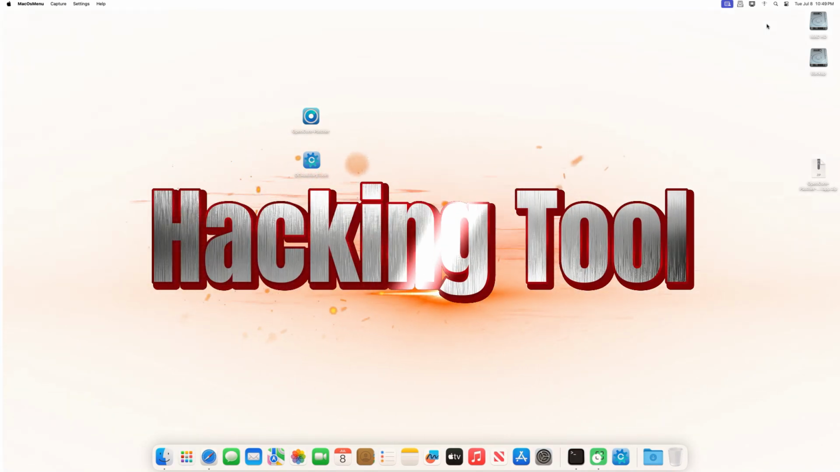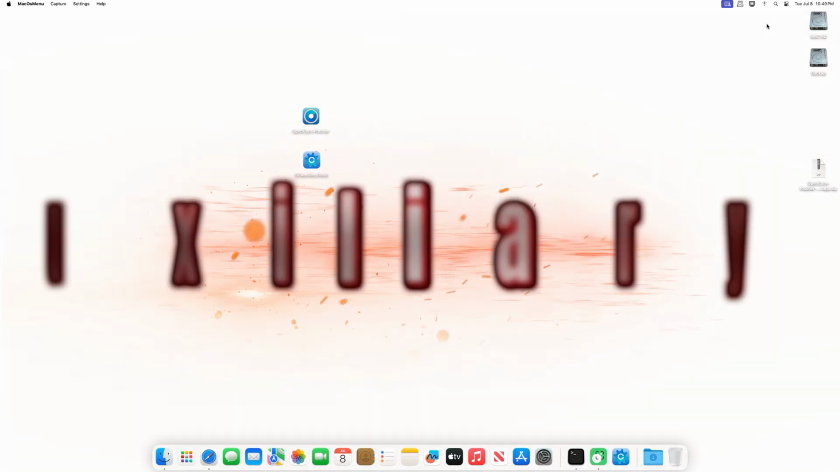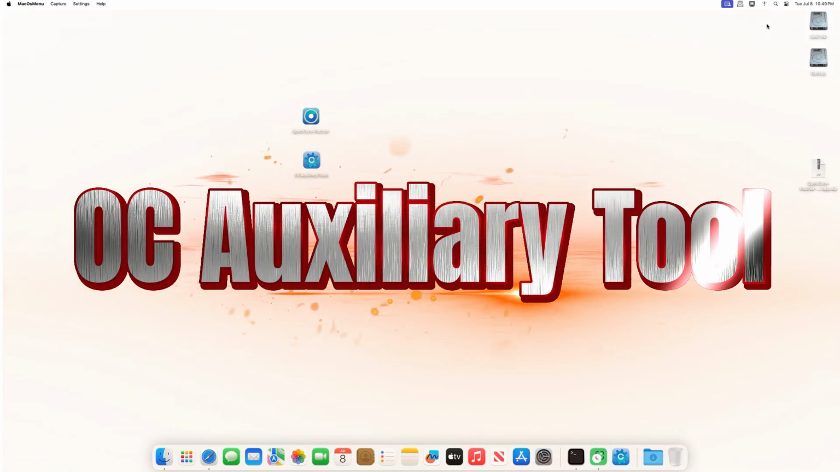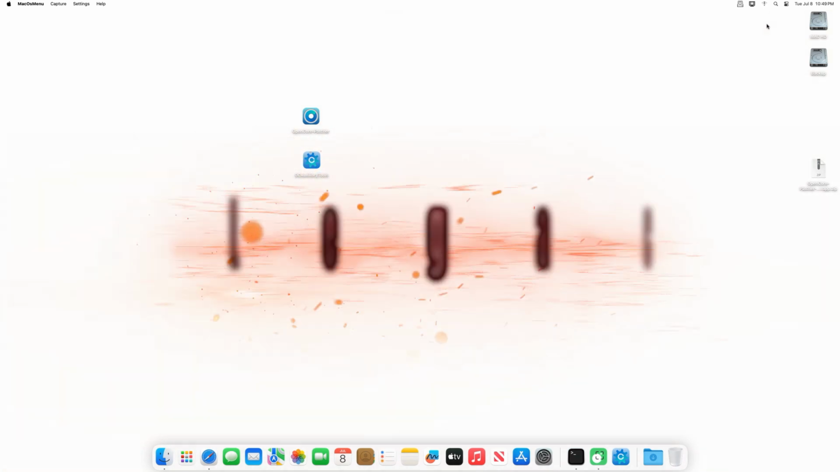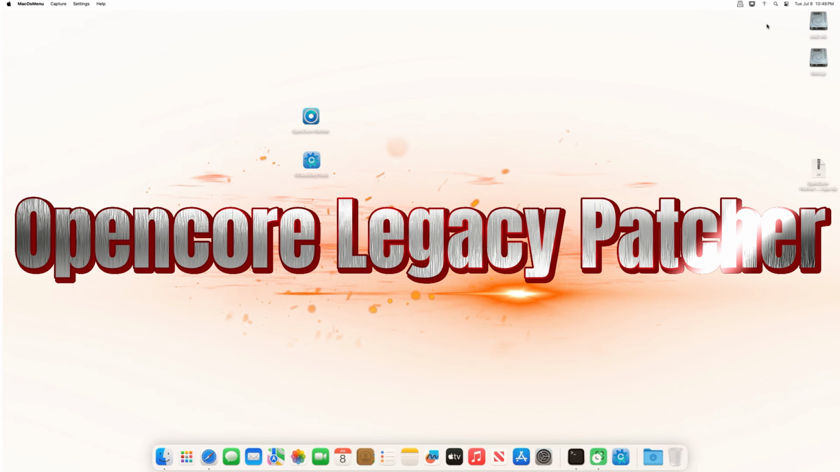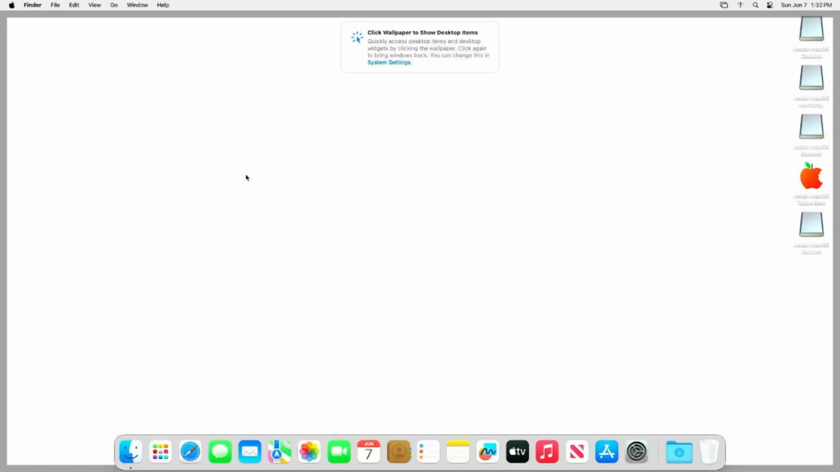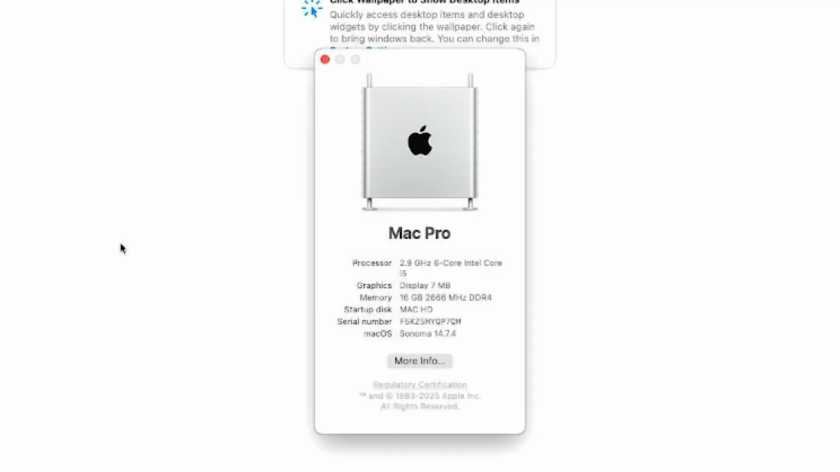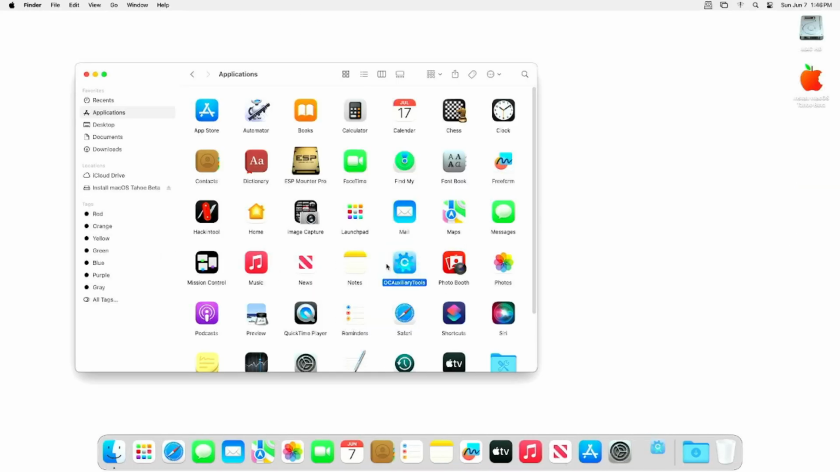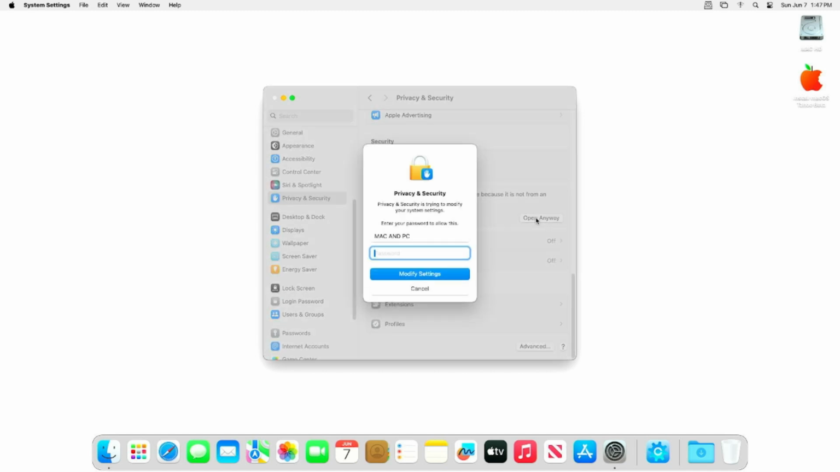To fix Nvidia graphics on macOS Sonoma, which doesn't require Nvidia web drivers, you'll need a hacking tool to determine your GPU make and model, OC Auxiliary Tools for editing config.plist, and OpenCore Legacy Patcher for patching the system volume. Now open About This Mac. Let me show you that the graphics display is only showing 7 megabytes. Now open OC Auxiliary Tools